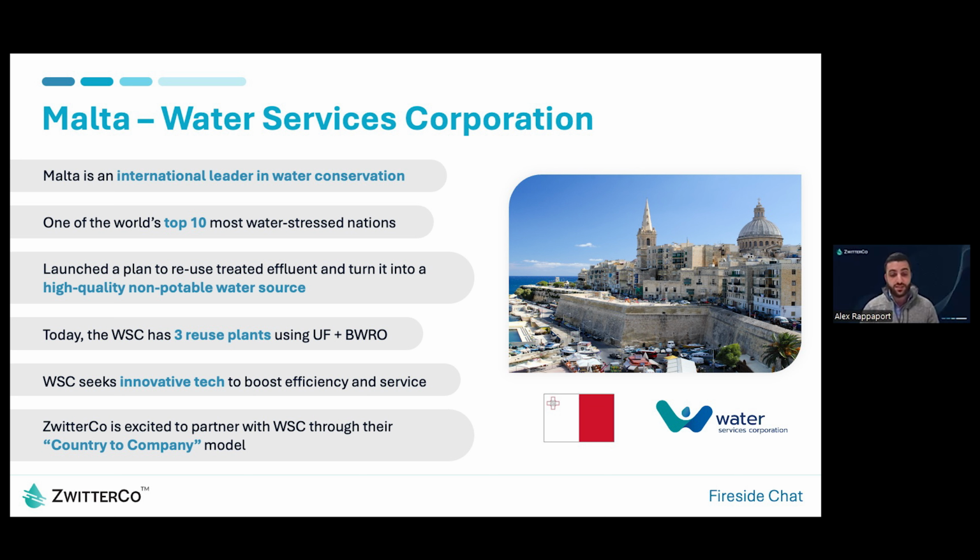In order to do this, they need to be able to source innovative technologies that both increase the efficiency of their reclamation plants and that allow them to attack some of the more challenging industrial wastewaters that sometimes reach their centralized treatment facilities and that can create disturbances with how they're managing the country's wastewater. So what we're excited to partner with them on is their country to company model, where they are making these sort of top-down collective investments and technology sourcing projects where they can introduce novel solutions for their high-strength industrial wastewater